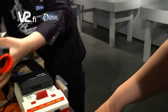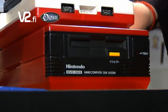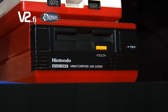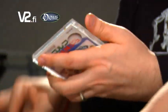On the table here we have the Famicom disk system. Now back in the early 80s, Nintendo thought that game cartridges were a bit expensive to manufacture, so they created the disk system, whereupon they would distribute games on these disks. And they were